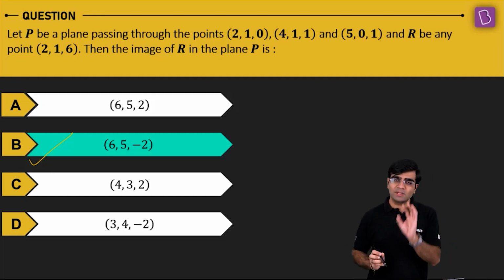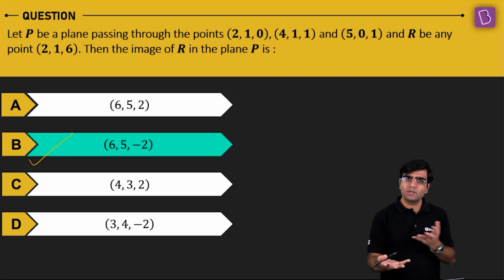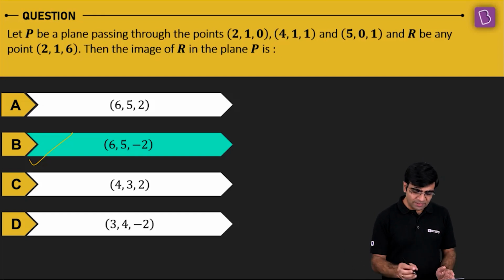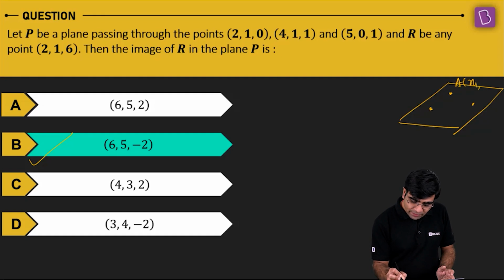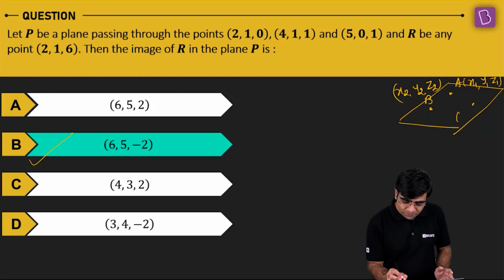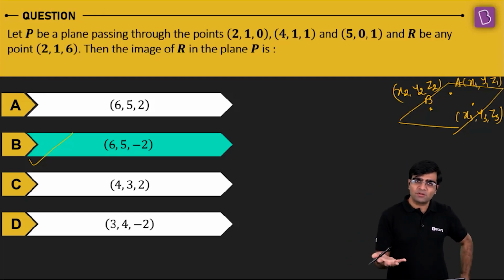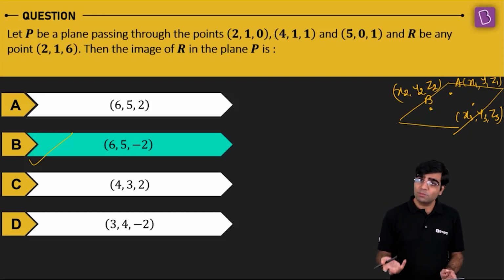Now I'm giving you one quick observation as well. Let's say a plane contains 3 non-collinear points (x1, y1, z1), (x2, y2, z2), (x3, y3, z3). Let's say this is what my plane is, and it contains 3 points, A as (x1, y1, z1). It's a bonus result that I'm giving you so that your practice will be more. As you are referring to this video, it means that you are preparing and your examination is very near. This is something that you have to remember. It is a value addition for your knowledge. If you know it beforehand, that's good.